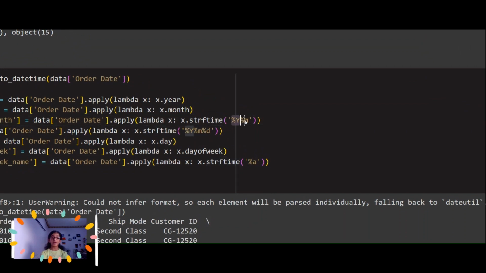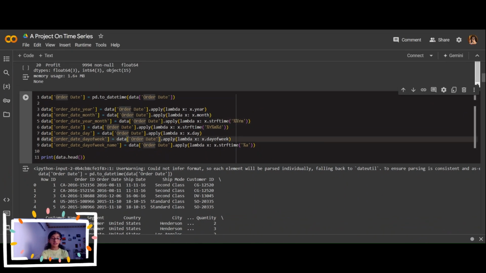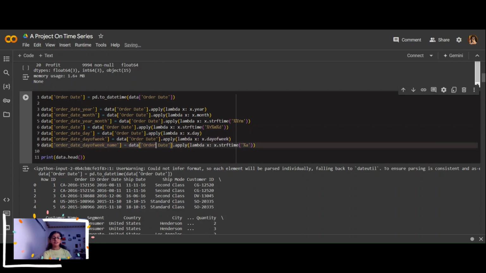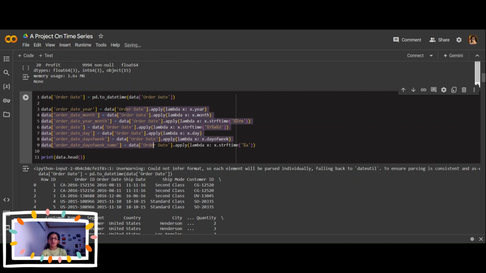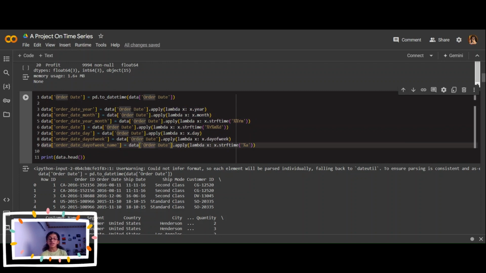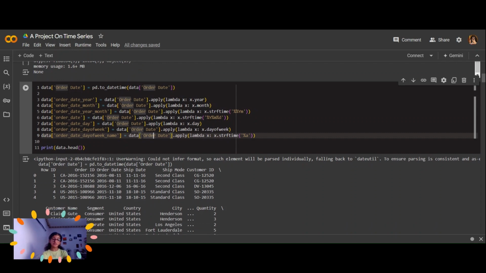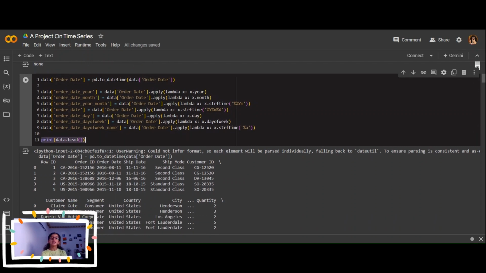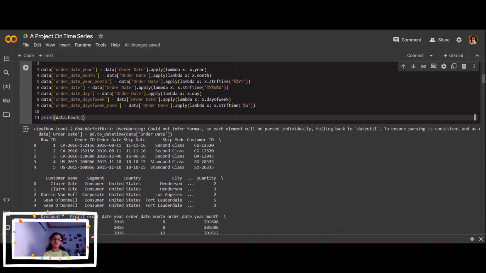This is our method. We have order date and order date day, and this is our order date of the week and the order date of the week name. So you can say all of this is just to make sure Python understands the data we've just imported. And now, in the last of this step, we're going to print data.head, which means the first 5 rows.